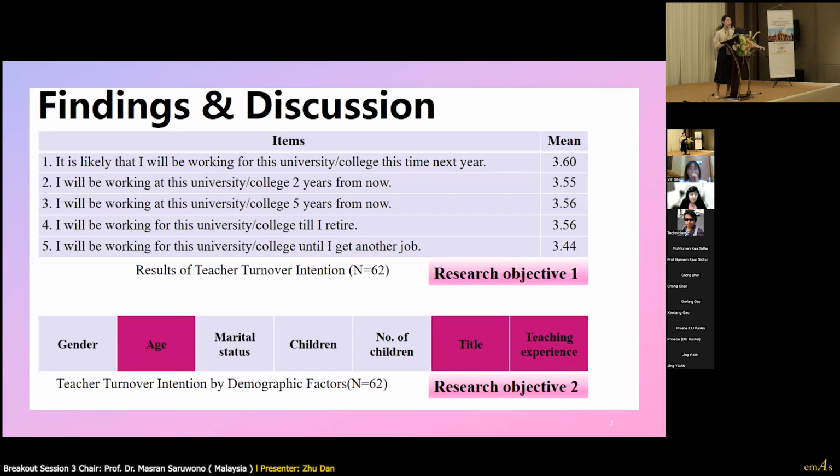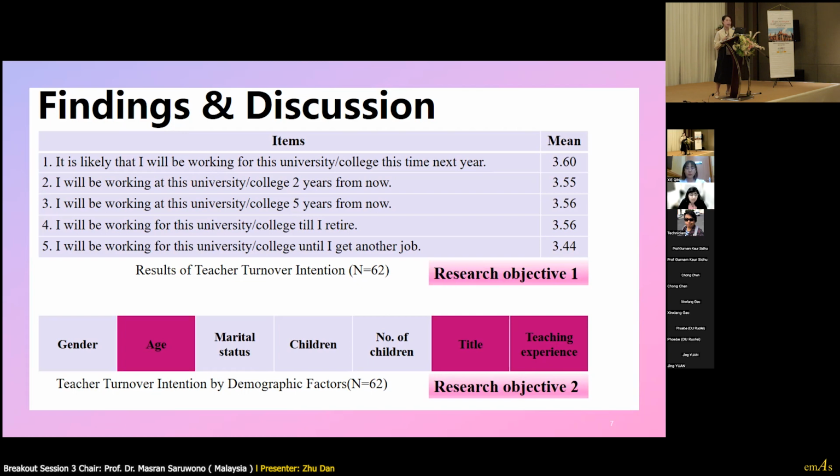Next, coming to the most important part of the presentation, which is findings and discussion. The first research objective of the study is to investigate the turnover intention of teachers in private higher education institutions in China. Among these 5 items, based on the mean value, the highest is item 1, which is 3.6.